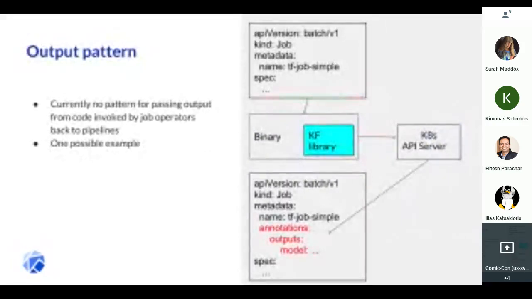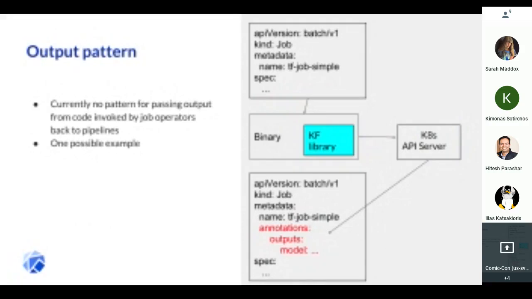So here's one possible example of what a pattern would look like. This is mainly to provide an illustration. It's not necessarily to suggest this is a good pattern. But if we look at our job operators, like our TensorFlow job operator, or just the Kubernetes batch job operator, one of the problems we face is that there's no pattern or standard way to get output from that job, right?